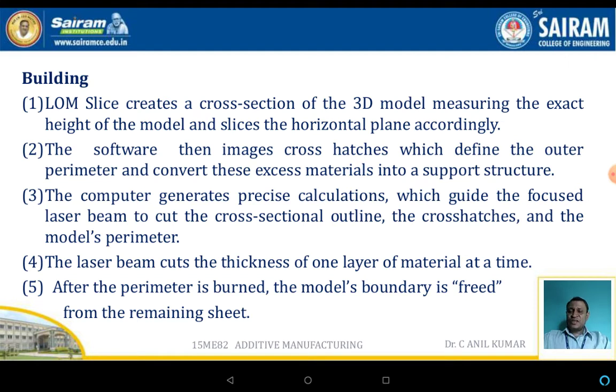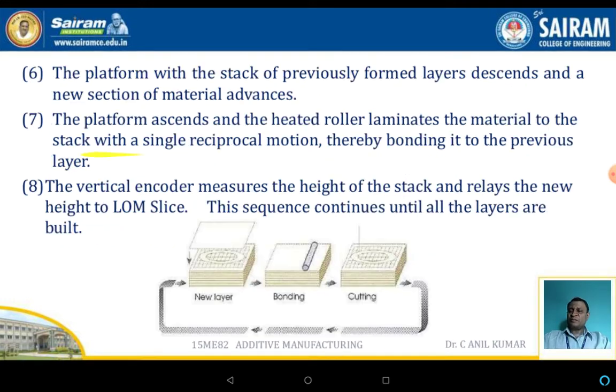The computer generates precise calculations which guide and focus the laser beam to cut the cross-sectional outline. The cross hatches and the model perimeter are calculated. The laser beam cuts the thickness of one layer of the material at a time. After the perimeter is burnt, the model boundary is freed from the remaining sheets.